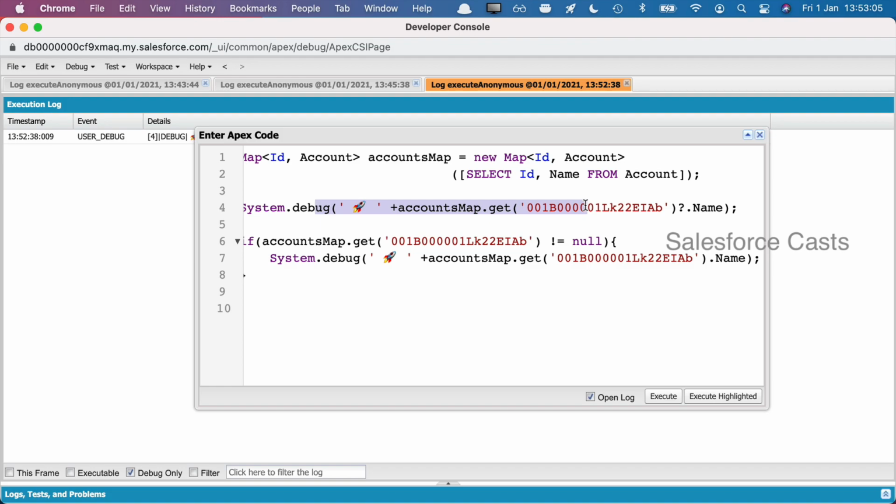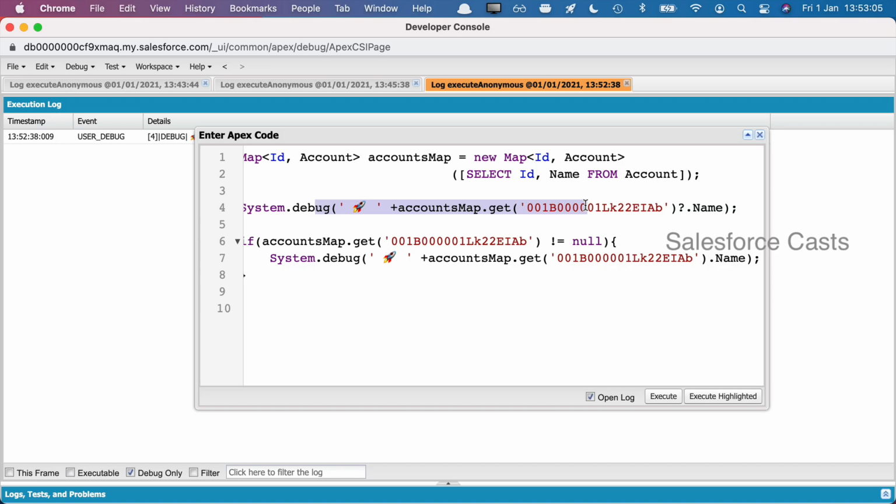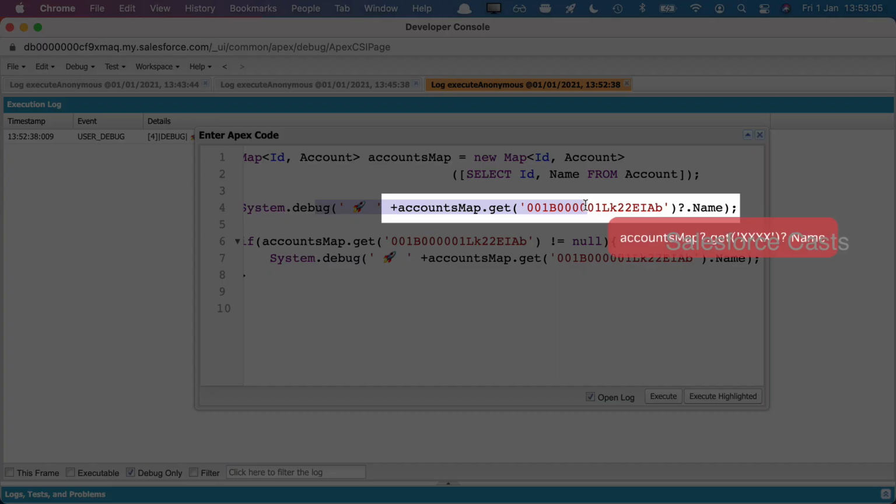Let me ask you one more question here. How is the code going to look if I want to also check that the map is not null? Typically speaking, I need to also add that condition in line number 6, or I need to wrap lines 6, 7, and 8 in one more if statement. And that if statement's condition is going to be something along the lines of accountsMap not equal to null, then get into the nested if statement where we are trying to check if the particular entry is not null. Instead of doing this whole song and dance, we can refactor it into something like this, and this is going to be a lot easier on the eyes.